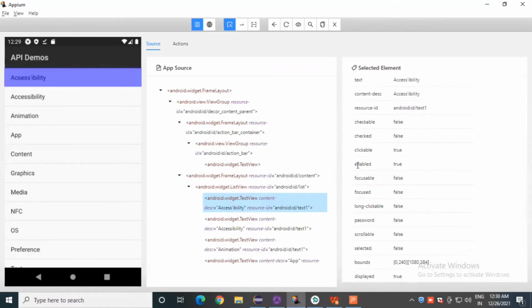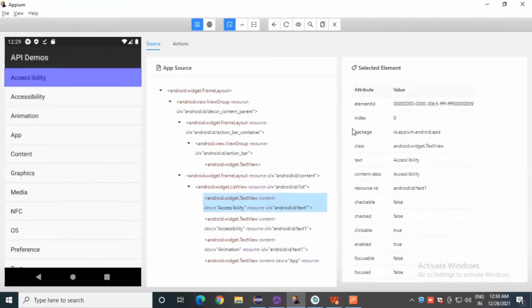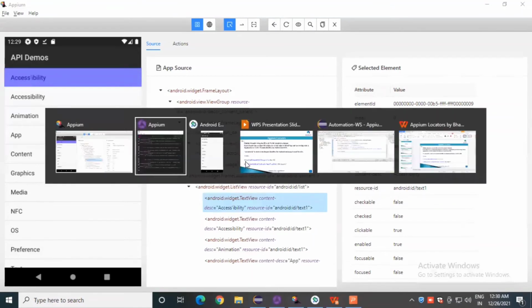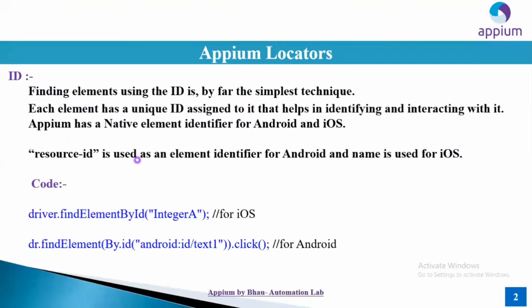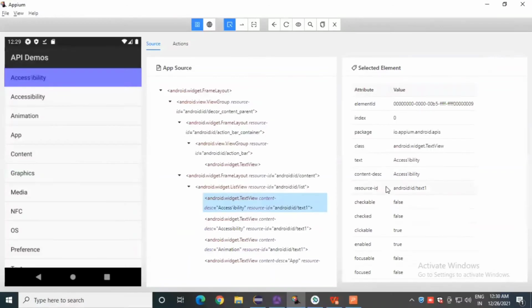We cannot use these attributes directly like enabled, focusable, scrollable, and everything, these bounds and all the things, but you can use all the attributes like element ID, index, package, class, text, content, index, resource ID. As we have seen in the theoretical part, resource ID is used as an element identifier for Android, right? So resource ID we need to use as an ID element.